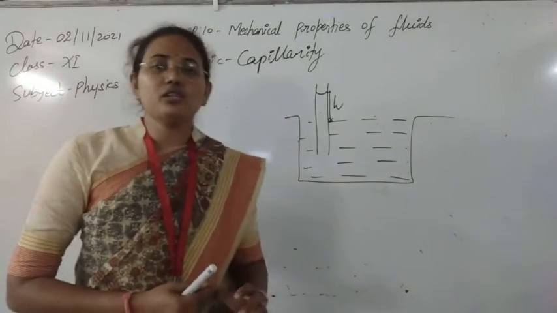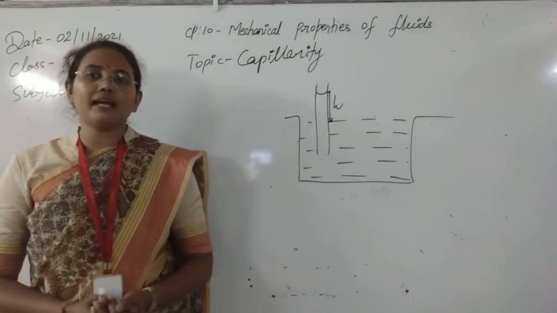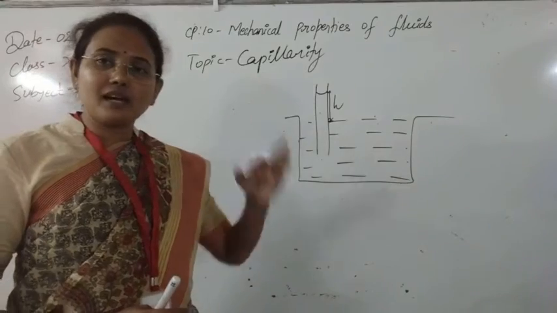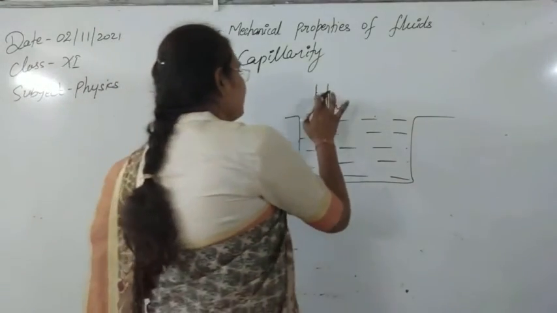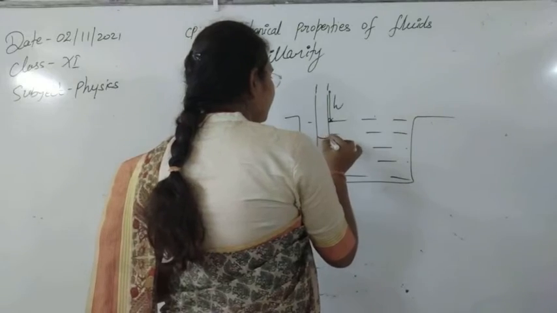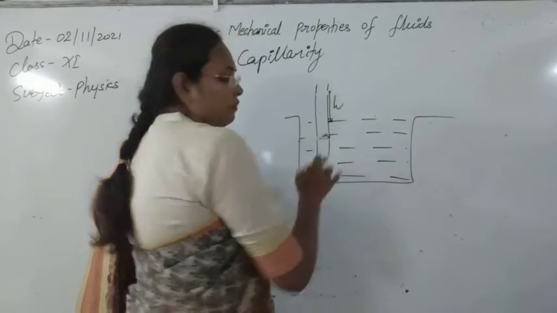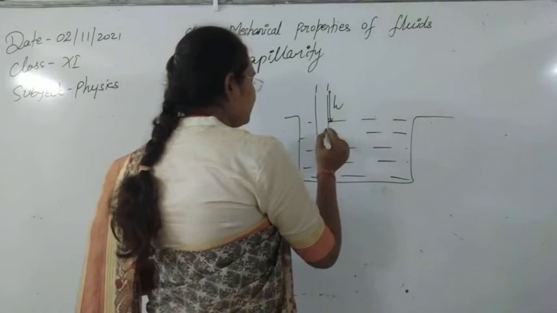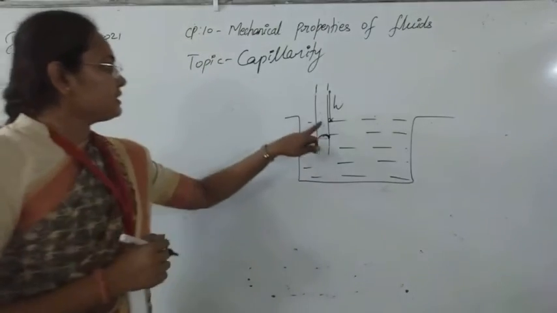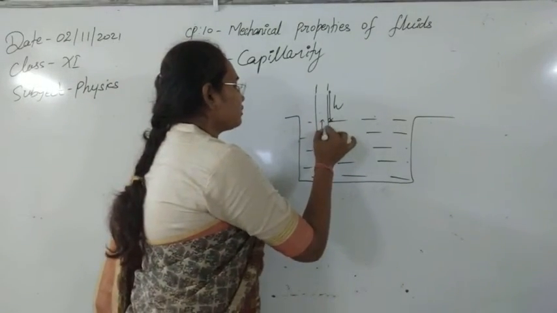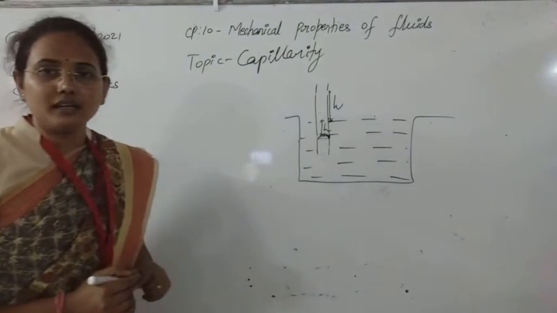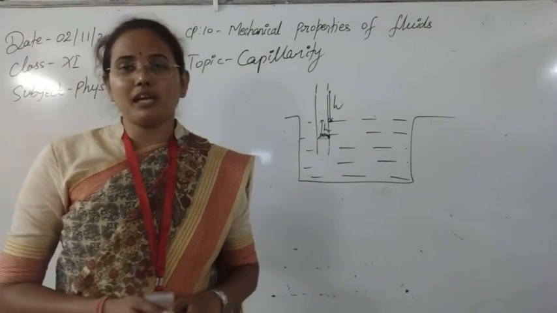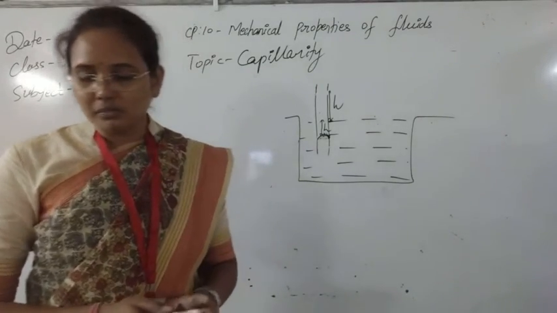Also, if you choose a liquid like mercury, a low density liquid, then the level in the capillary tube starts to fall. Suppose this is the mercury; in this case the level in the capillary tube falls down, and this kind of meniscus is formed here. Here you can see it has fallen to some depth. So the rise or fall in a capillary tube whenever it is dipped in a liquid is known as capillary action. I think this is clear.